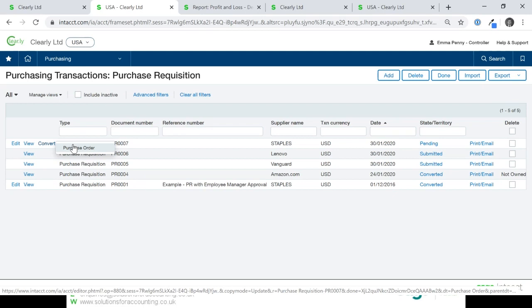These transaction definitions, again, are fully customizable to suit the needs of the business using Intacct. So a transaction definition is effectively a list of posting rules to say, when this transaction is posted, you need to do X, Y, Z with it. It can be posted to the purchase ledger or sales ledger. It could be to post to the general ledger. It could be to affect your stock on hand if it was a goods received or a goods dispatch note. And you can define those.